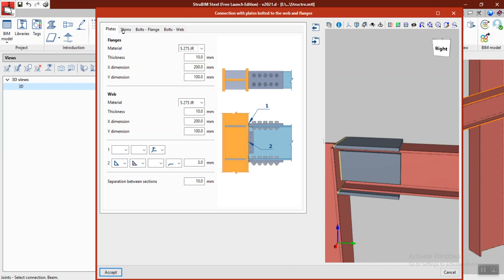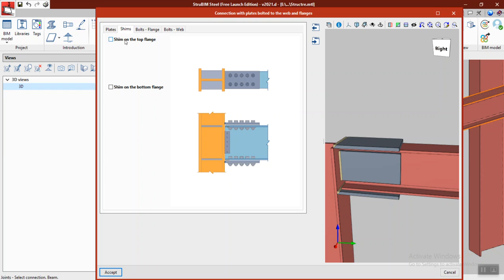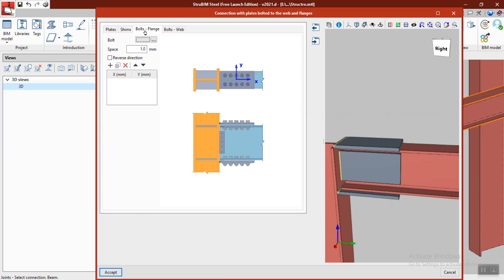beam. You can see we have flanges, material, thickness, X dimension and Y dimension. We have a web, and we have a separation between sections. And we have shims on the top flange and shims on the bottom flange. Also, we have bolts on the flange if we want to define a bolt, and bolts on the web. I want to add a new element to the list. You can see